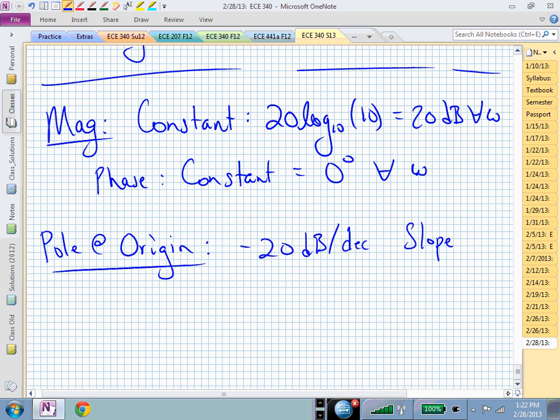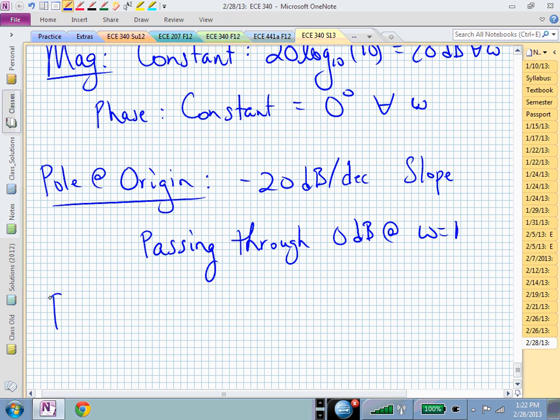But you have to know where to put it down on your chart, and that you could say is fixed by saying, well, that sloping line will pass through 0 dB at omega equal 1, where I'm now dividing this up into a constant piece and a pole at the origin piece. And then the phase,